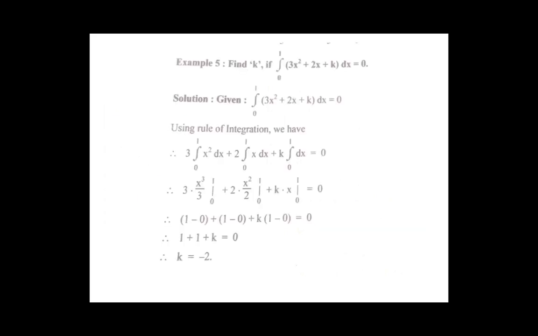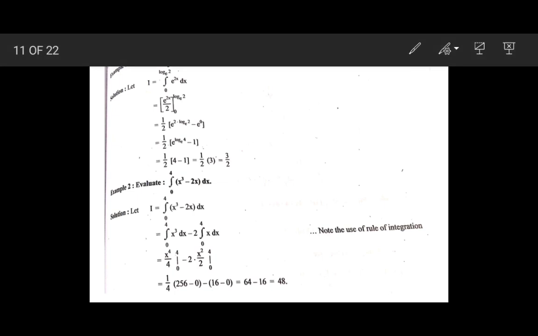So the first sum is evaluate the integral. This we had already seen, right? Integral 0 to log 2 to the base e, e raised to 2x dx. Okay, so first we have to integrate this e raised to 2x. So the integral of e raised to 2x is e raised to 2x upon 2. Then the limit of integration is 0 to log 2 to the base e. Okay, now 1 upon 2 is a constant part, so it will come outside.